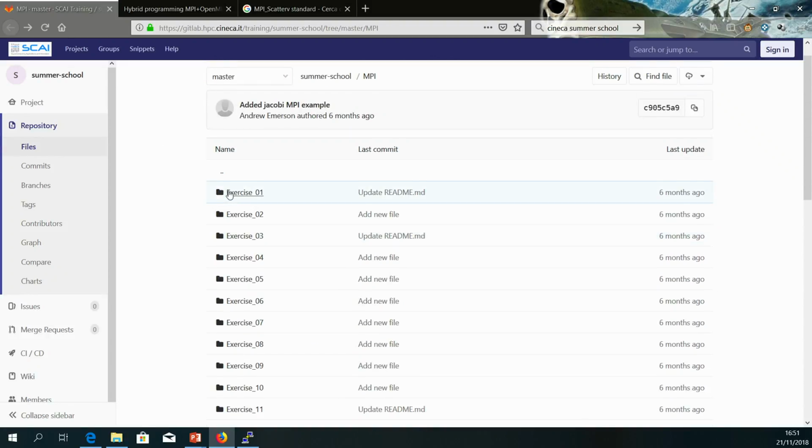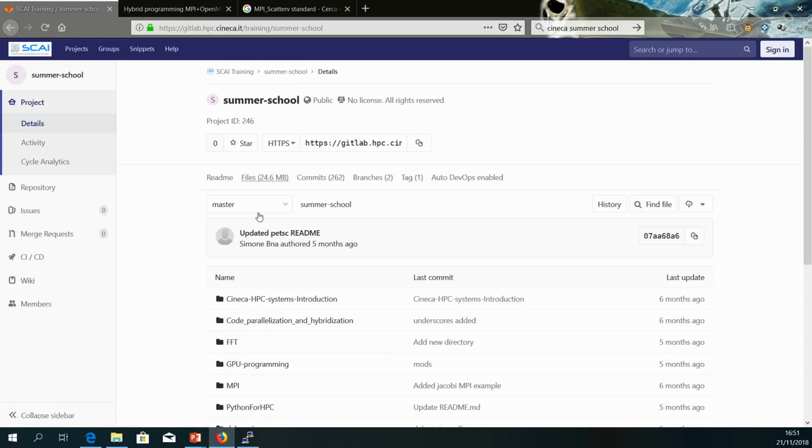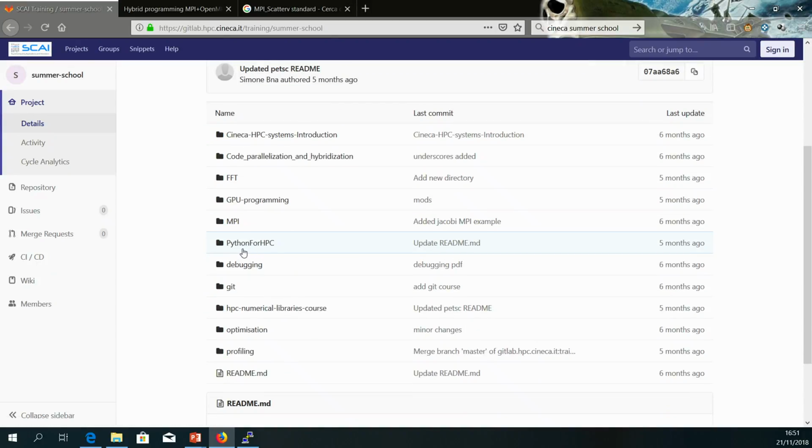In any case, if you want to see a program that uses both MPI and OpenMP, you can see the